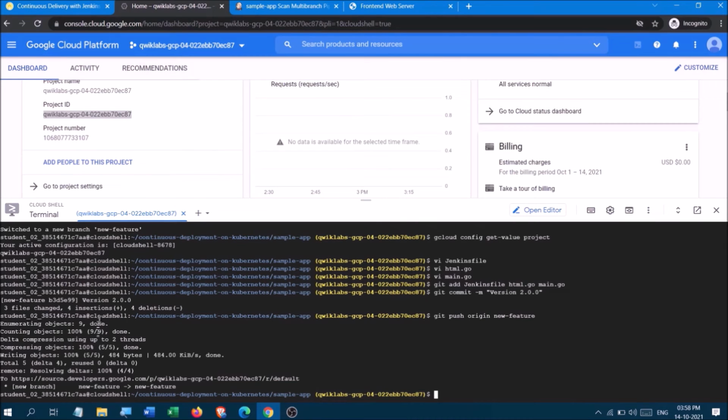And so we can see that we have changed 3 files. We did 4 insertions and 4 deletions. So we inserted 4 things and deleted 4 things. Okay, and we have pushed it to the origin.